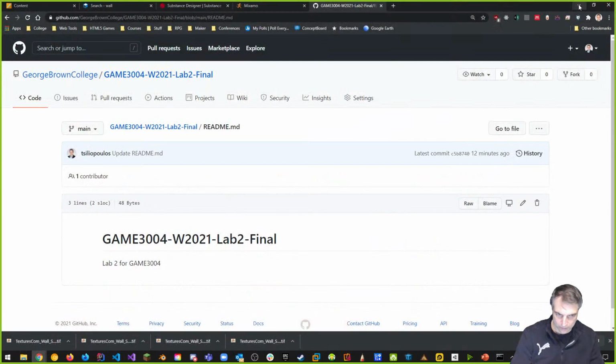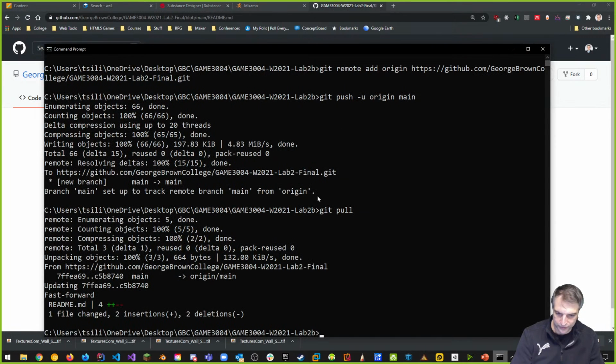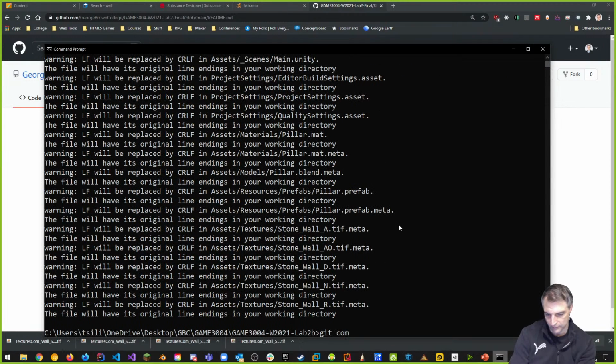All right, cool. This time, for my project, I'm just going to push it through the command line. But for the other thing, I'm going to use GitKraken. So git add ., git commit -m, and I'm going to say something like,